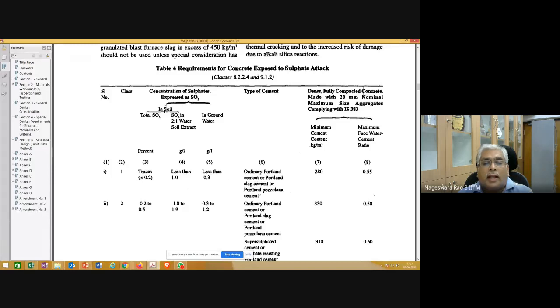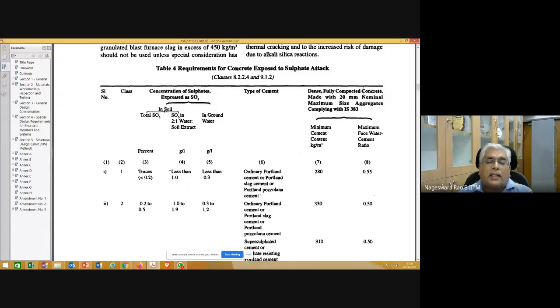After doing the analysis and getting those reports, you need to see these values: if the traces are less than 0.2, or 0.2 to 0.5, like that. And SO3 in 2:1 water soil extract, where 2 is water and 1 is soil extract, water to soil extract. This is an analysis we have to do.